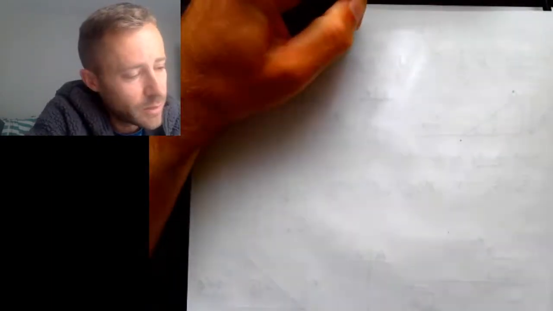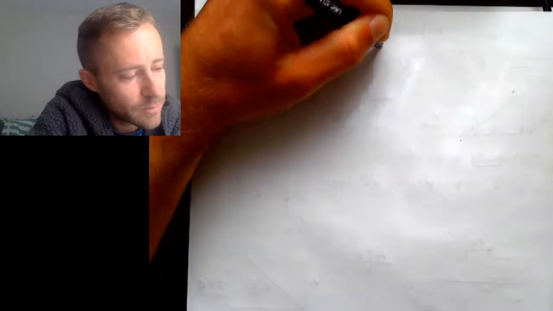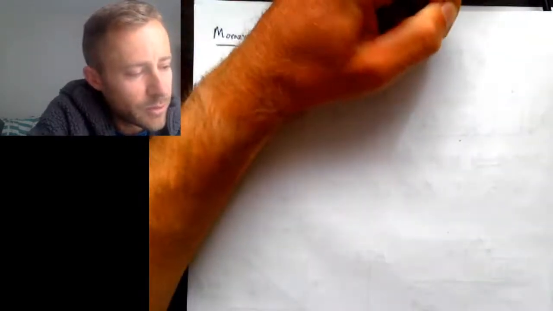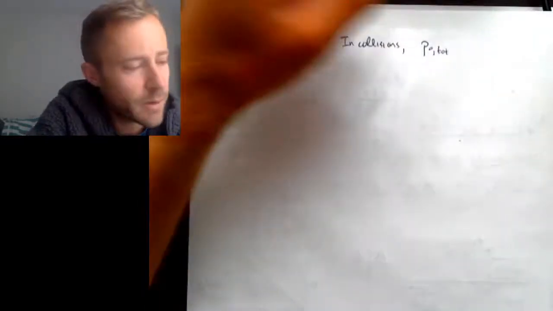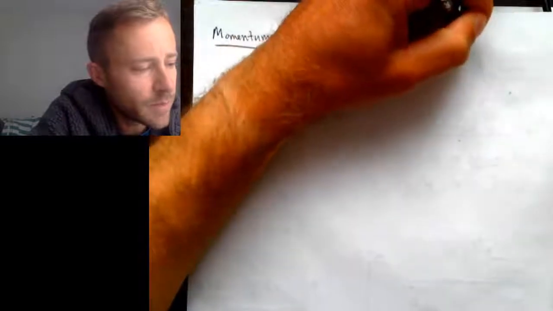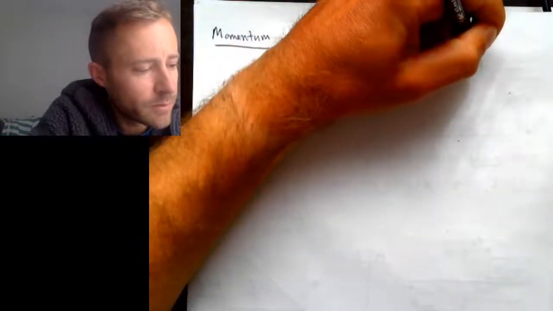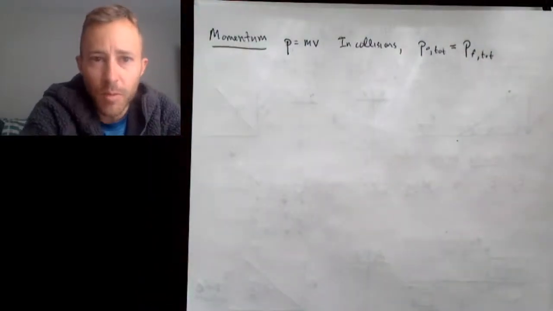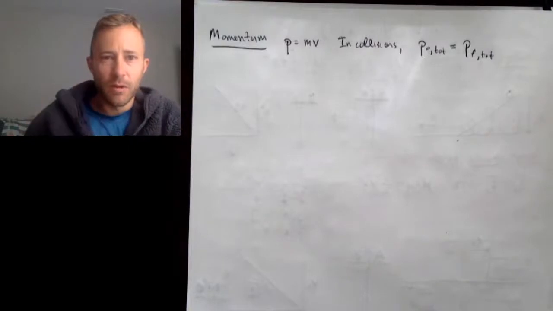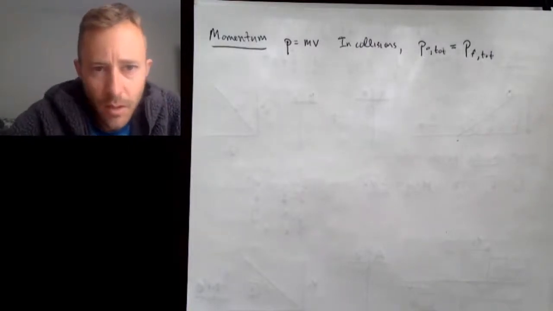So in collisions, the total initial momentum is equal to the final total momentum. And when I say the total momentum, I mean the momentum of all of these objects